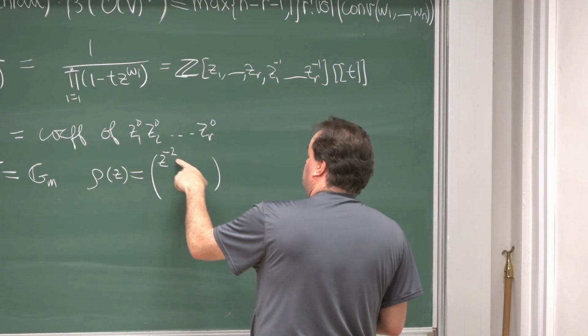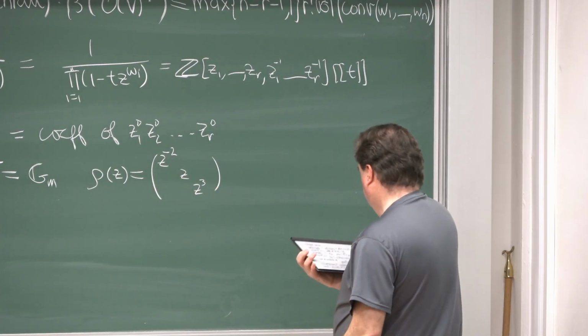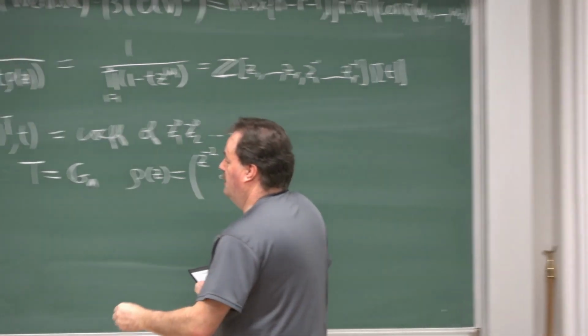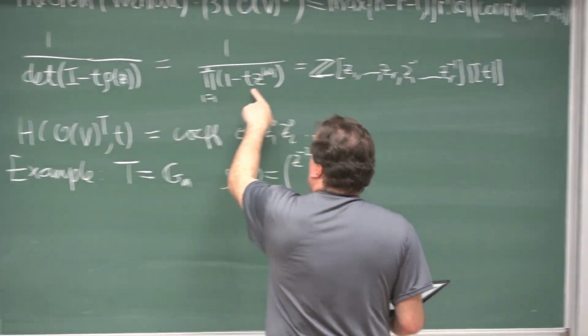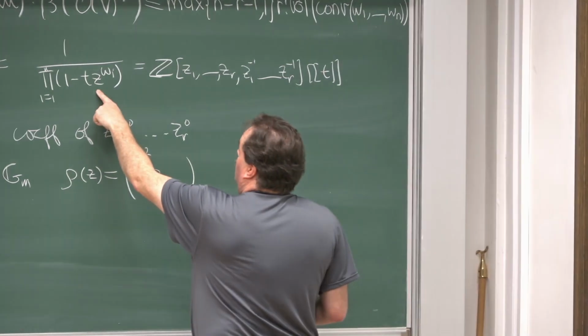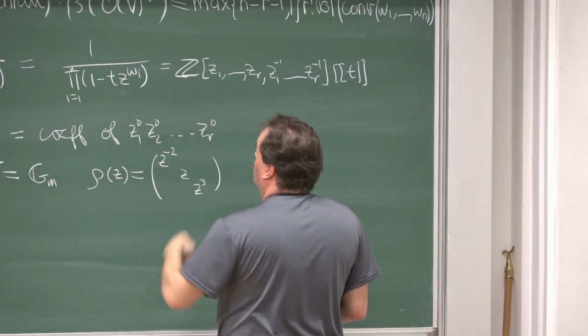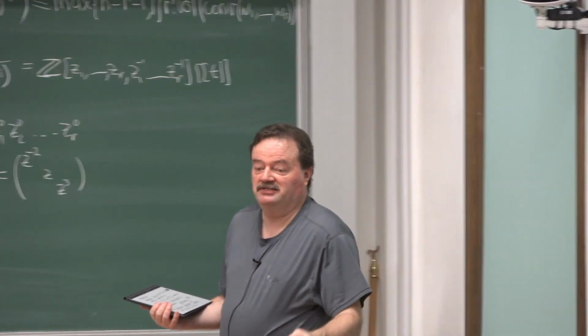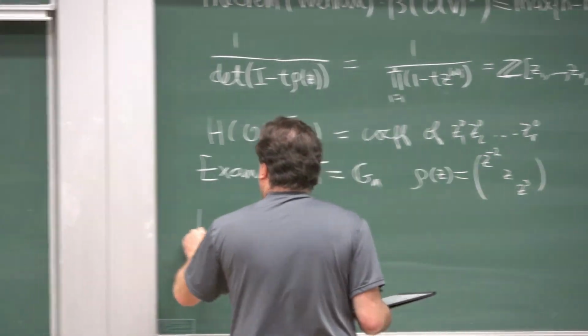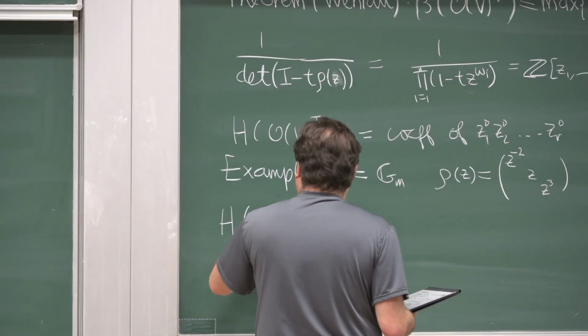So the weights are -2, 1, and 3. Then we just have one variable here, and we can find the constant coefficient by the residue theorem. So then the Hilbert series of O(V),